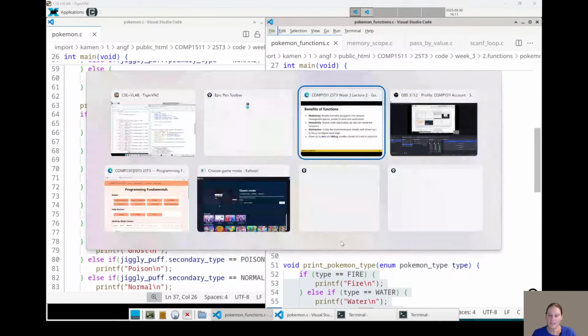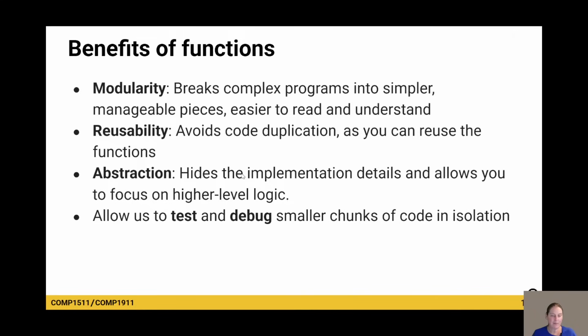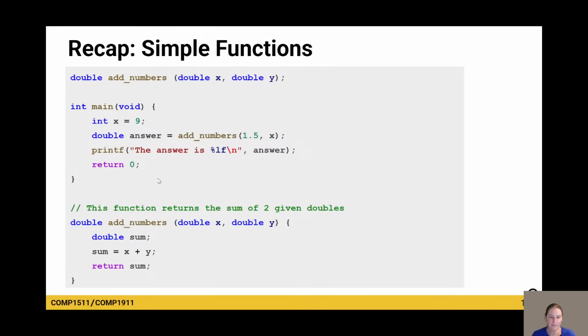Okay, so these are the benefits. We can break it down into pieces, we can reuse things, and abstraction. We can just look at the main at a high level without seeing all the details. And it also allows us to test our functions. We didn't do this, but we could go and really test those functions, and then once we're using them, hopefully they're not going to be a source of error in our program. So hopefully you're sold on the benefits of functions.